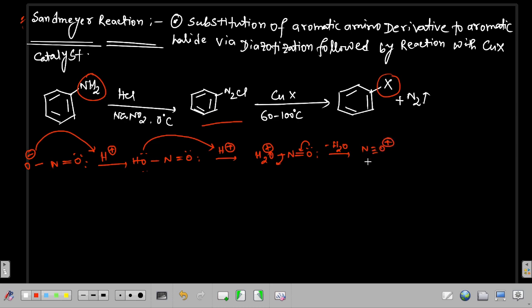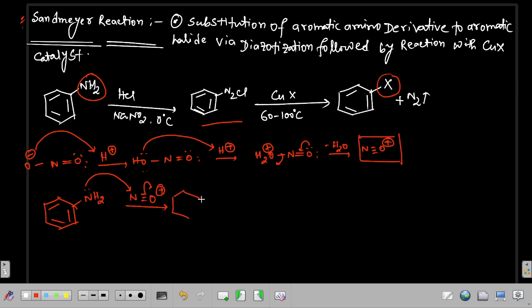This is a nitrosonium ion, and this nitrosonium ion will be attacked. This is an electrophilic species. So this nitrosonium ion will be attacked by this aniline, it will attack on the nitrogen and this bond will break. It leads to the